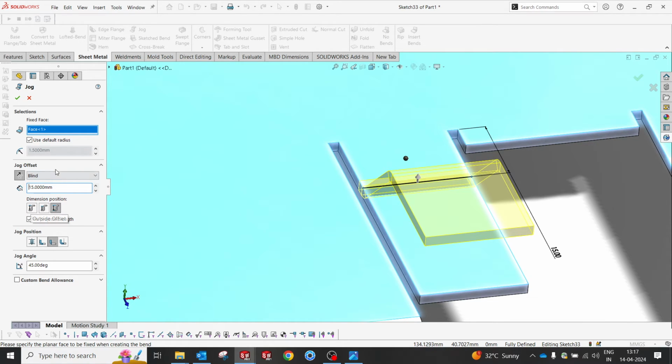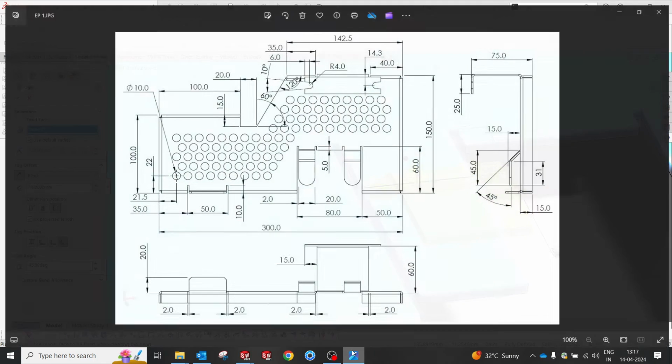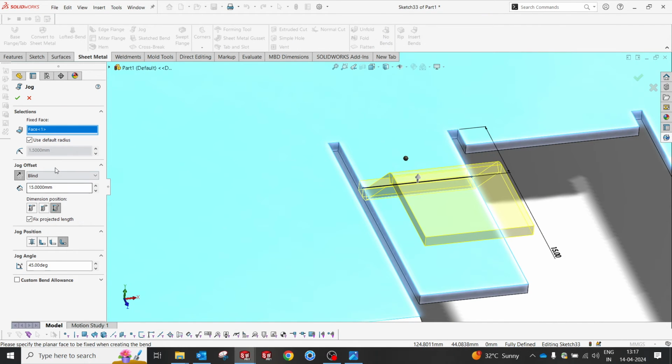So I am just going with that same. You can also make the jog position how you want. This is on sketch, so whether it has to be inside, outside, or from the sketch you want to create outside, you are always welcome to create that way. So 45 degree is pretty clear for me now. I'm just going with the drawing. So yep, I'm going to select OK now,